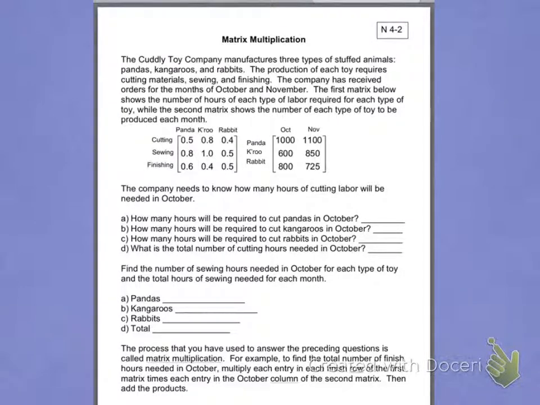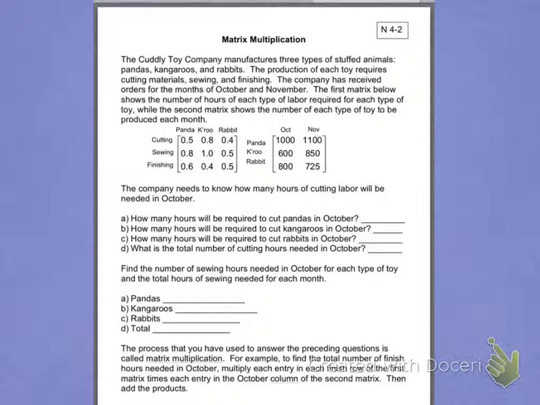Alright, in this lesson 4.2, we're going to start talking about matrix multiplication. Now, many times when we start a lesson, we learn the technique or we learn the process, and then we work our way into word problems. We're going to do that a little backwards with this lesson. We're going to try to look at a word problem to hopefully help you understand why we multiply matrices in